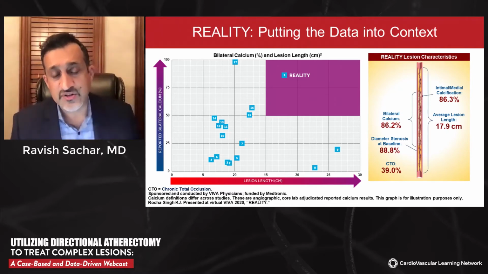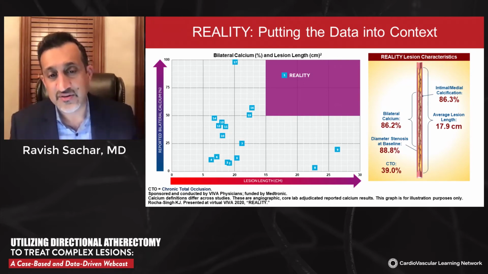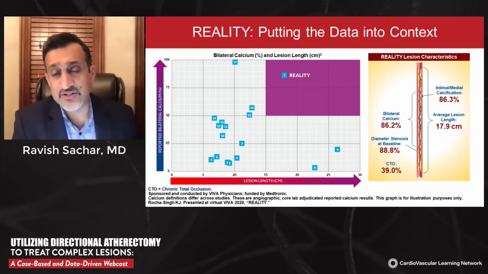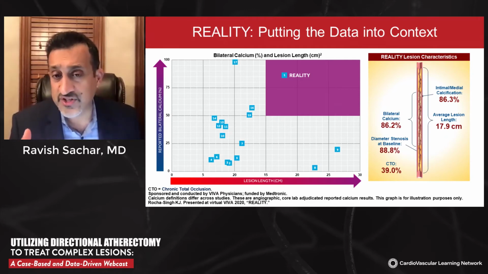What REALITY did was not just enroll patients with long lesions, not just enroll patients with severe calcification, but patients had to have both to be enrolled. And as you heard, approximately 300 patients were screen fails, and the majority of those screen failures were because they did not have the length of lesion or the severe calcification, or both, required to be in the study. And so in order to be in REALITY, which enrolled the most complex of patients, those patients in whom we weren't even sure if endovascular first was the right strategy,